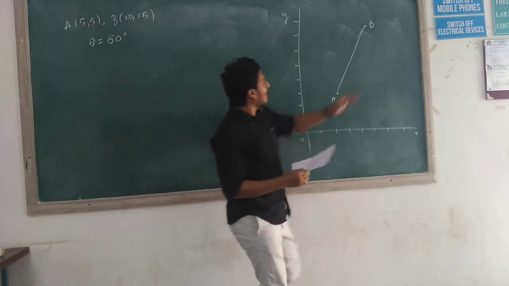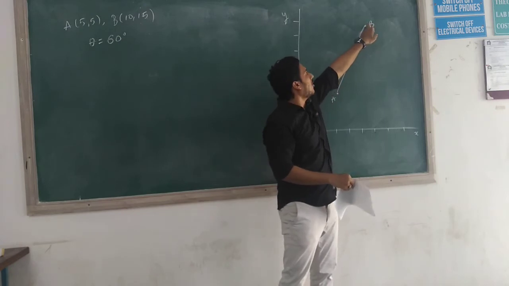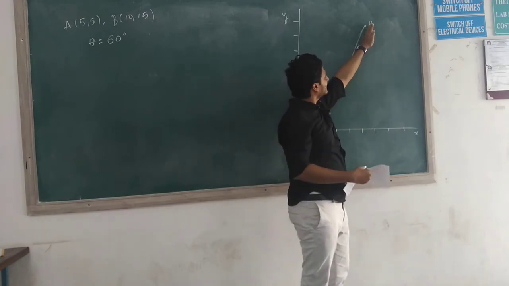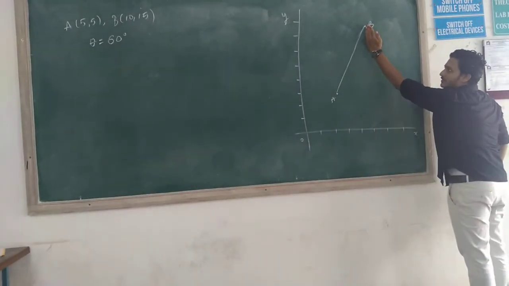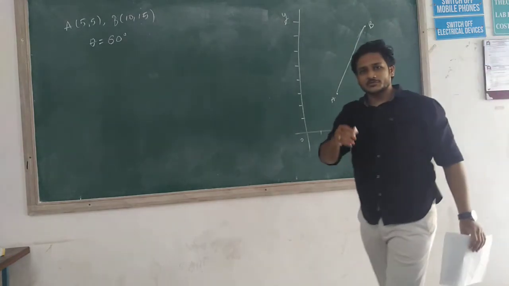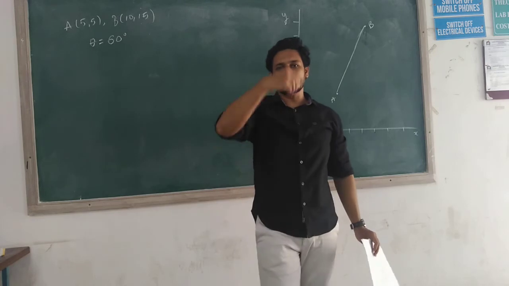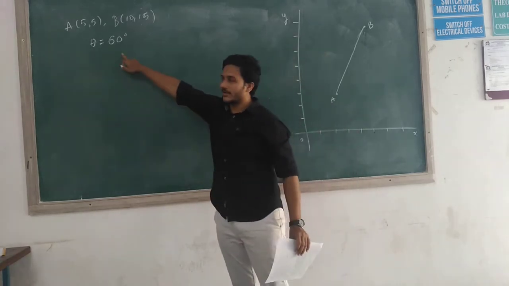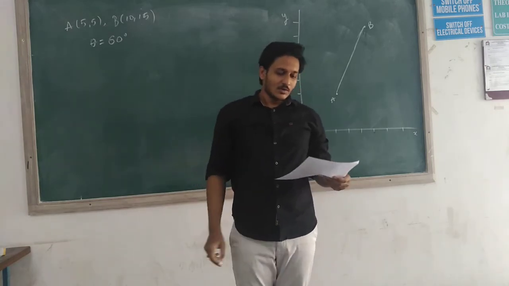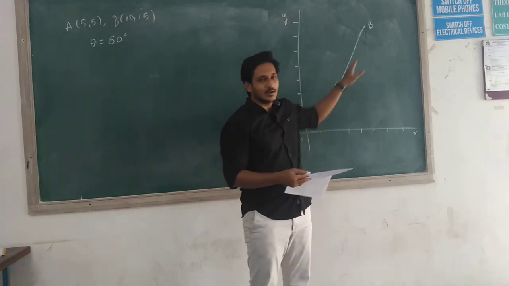Okay. Well, about point B, we are going to rotate the whole body 60 degrees counterclockwise, in this direction. So this line is going to rotate 60 degrees in this direction. If the body is rotating counterclockwise, we have to take the theta value positive. If it is rotating in the clockwise direction, we have to take the theta value negative, that is minus 60 degrees. Okay. So after that he says find the new position of points A and B of this line.